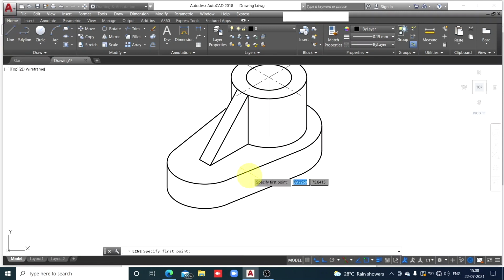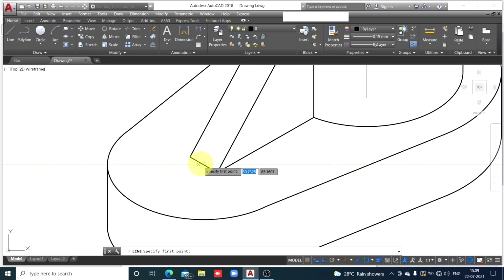Similarly, here get the center, move the cursor to the outer curved edge, and the computer will show you the center of that curved edge. So now move the cursor to the center. That center of the circle is nothing but the midpoint of that 10 mm thickness of the rib. So keep the cursor for some time there and track it.